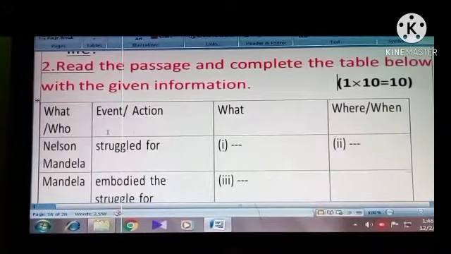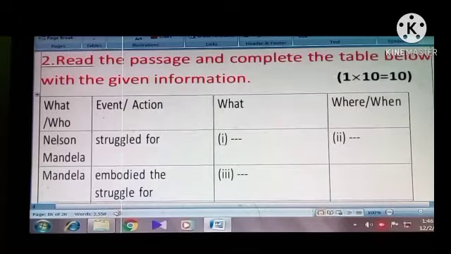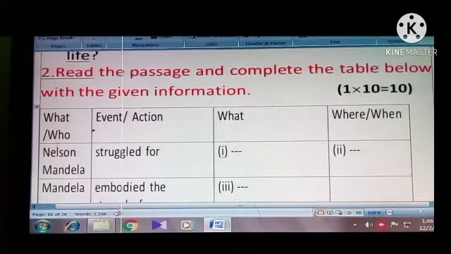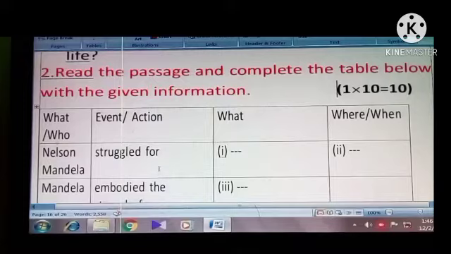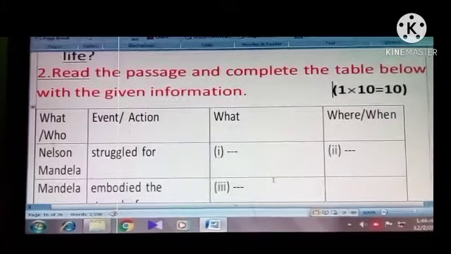In question number 2 we can get a table from this passage, and if any such questions come in your exam then you can answer it, but you will not draw the table in your script or in your khata. You will only write the answer.